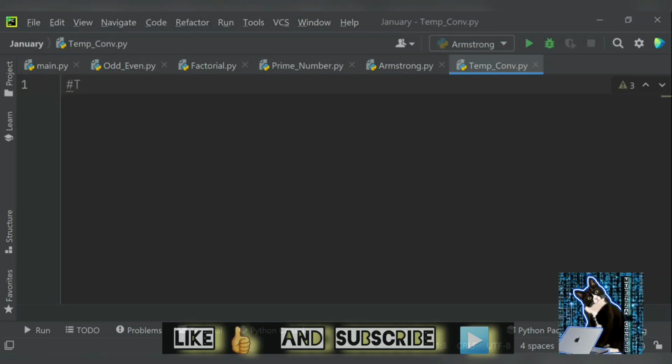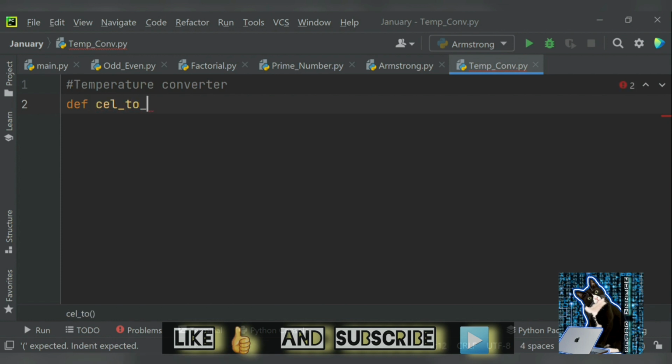Today we will be coding a simple program, a temperature converter, which can convert both from Celsius to Fahrenheit and from Fahrenheit to Celsius. So first we'll define a function to convert from Celsius to Fahrenheit, and we'll be taking the input as Celsius. Okay, then Fahrenheit equals